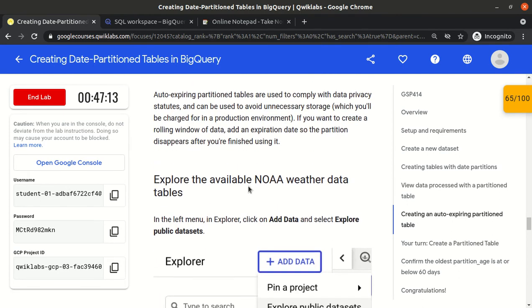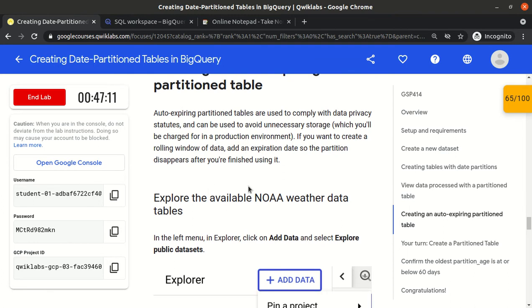See, auto-expiring partition tables are used to comply with data privacy and can be used to avoid unnecessary storage. If you want to create a rolling window of data and expiration, the partition disappears when you are finished using it.